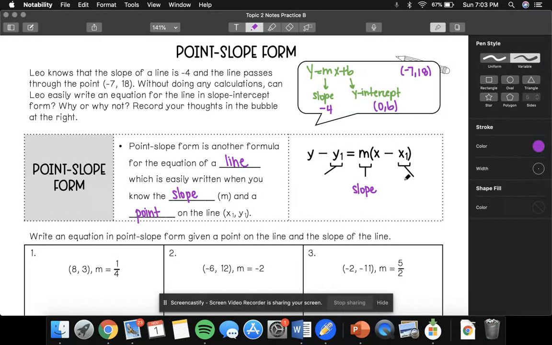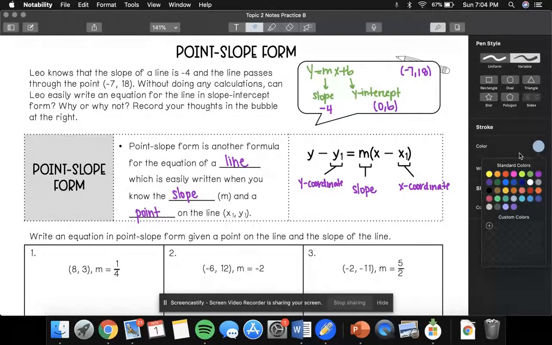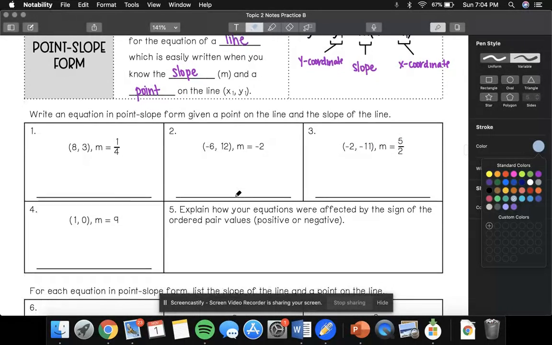x1 is the x-coordinate of the ordered pair that they tell us. So again, this will be a value when we actually have an equation. And y1 is the y-coordinate of the ordered pair, so again, this will be an actual value. The only things that will remain are an x in the equation, just like mx + b has x, and a y, like y = has in slope-intercept form. So let's first just